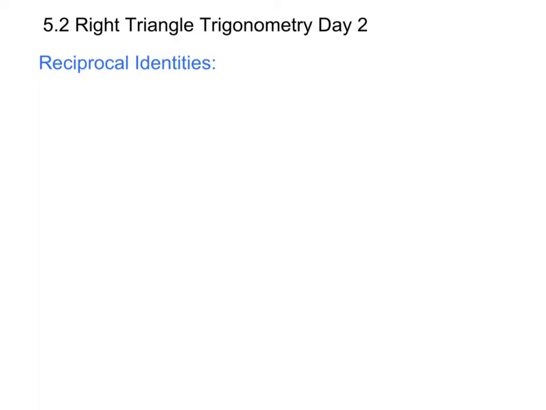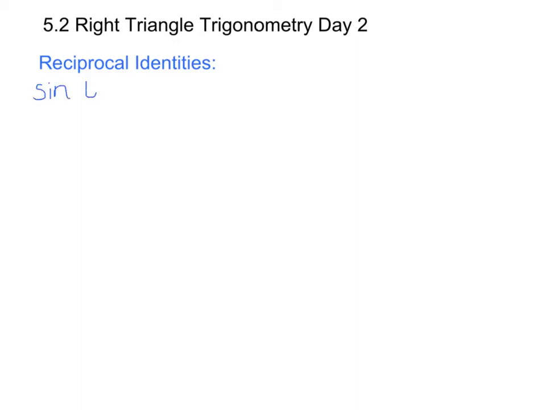Today we're doing right triangle trigonometry, day 2, and we're going to look at different identities that will help us with the relationships among the 6 trig functions. So the first set of identities we're going to learn are called reciprocal identities, and just as the name states, there is a relationship between the reciprocals, and the first one will be the sine